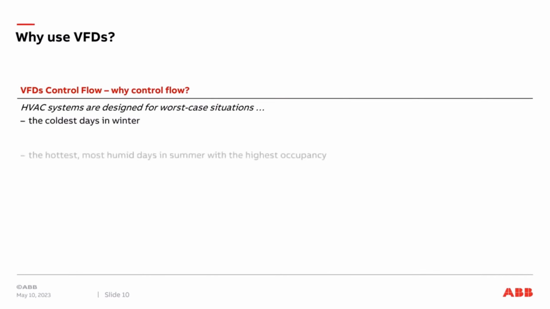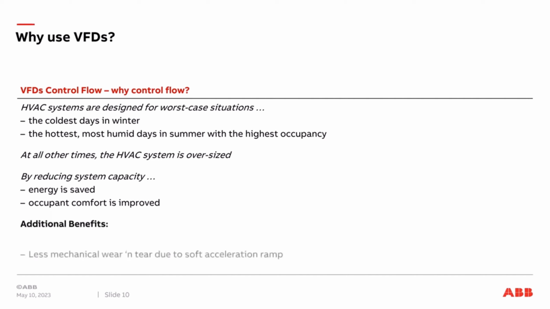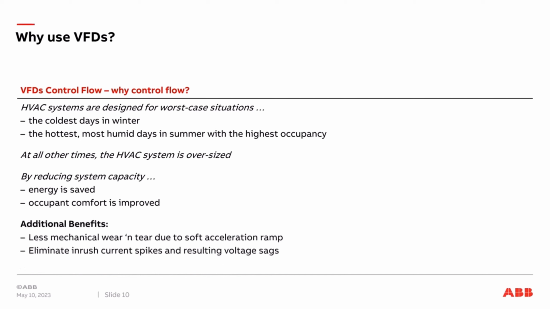HVAC systems are designed for the worst case situations: the coldest in winter, the hottest and most humid days in summer, with the highest occupancy. All other times, the HVAC systems are oversized. By reducing capacity, energy is saved, occupants' comfort is improved, and additional benefits are less mechanical wear and tear on